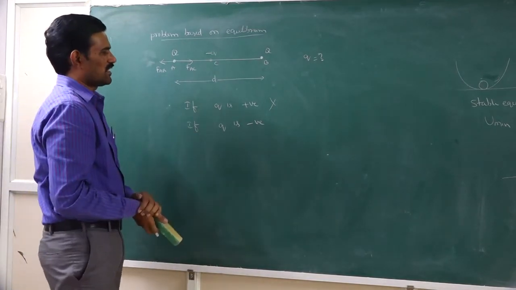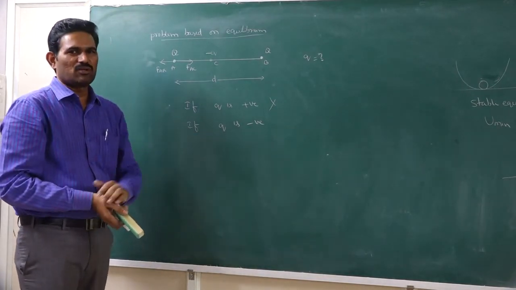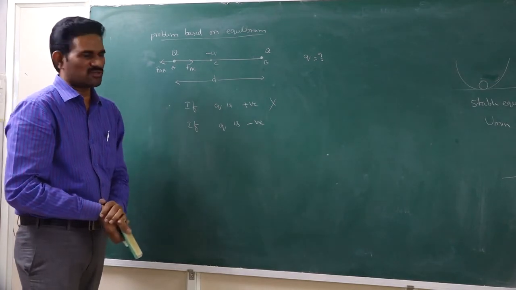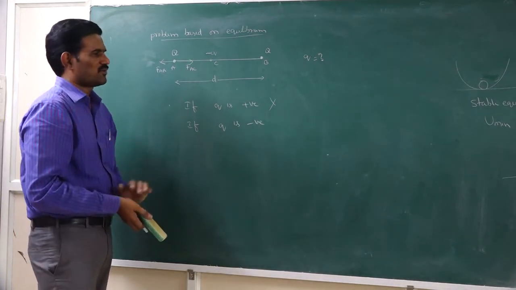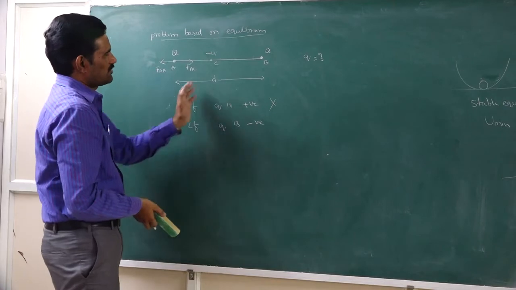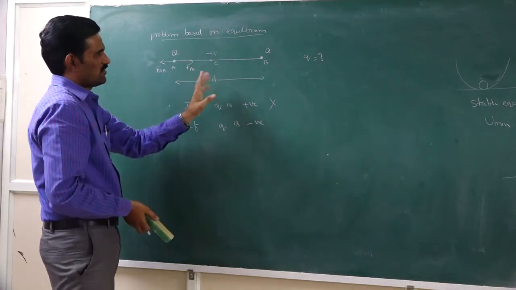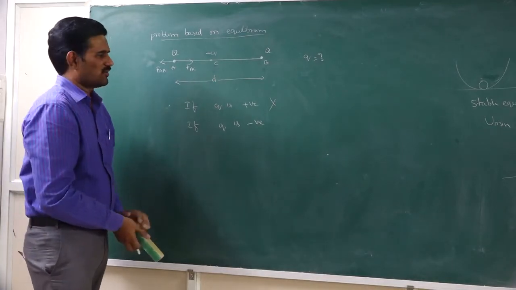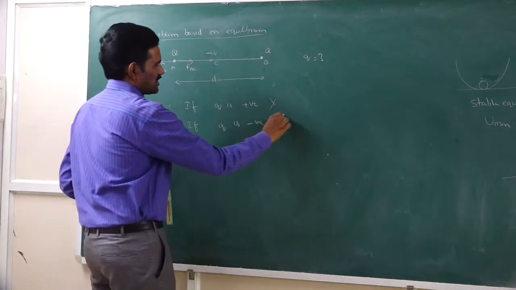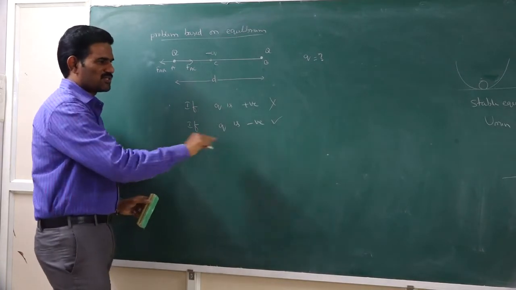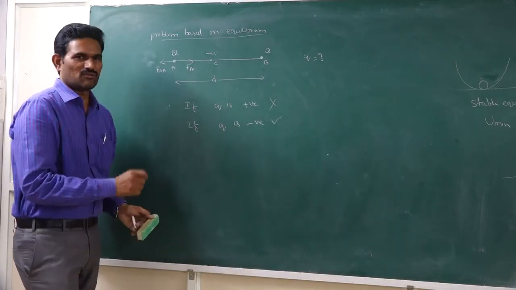When they are in opposite directions, there may be a chance of being equal in magnitude for a suitable value of this Q. And so the net force acting on A will be 0. And similarly on B it will also become 0. You can check the directions. On C also it will be 0. The net force acting on it will be 0. And so the charge Q must be a negative charge. So that is our conclusion here about the sign of the charge.